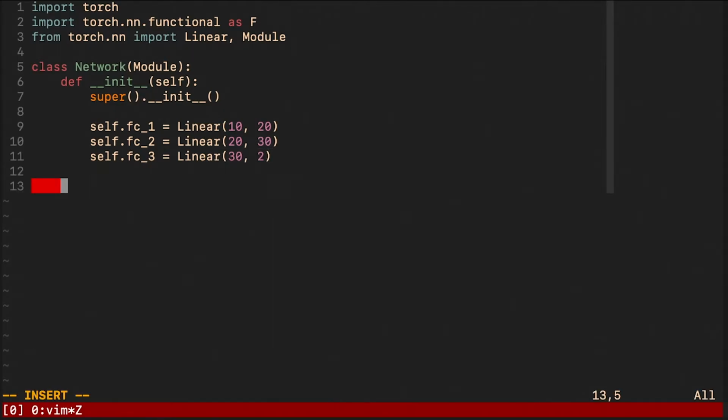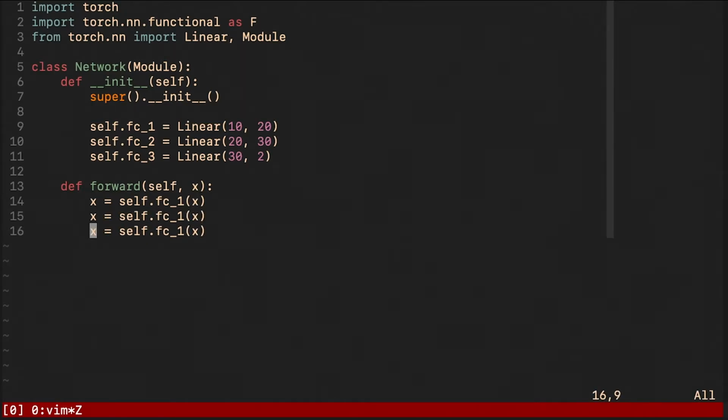And the second method I would need to define is the forward method. This one takes in the self instance and also the input tensor. And here, I guess not surprisingly, I will just do something like this for all of the linear layers that I defined. So here, cool. And to make things a little bit more interesting, let me also run the output through a ReLU activation. So something like this should work.